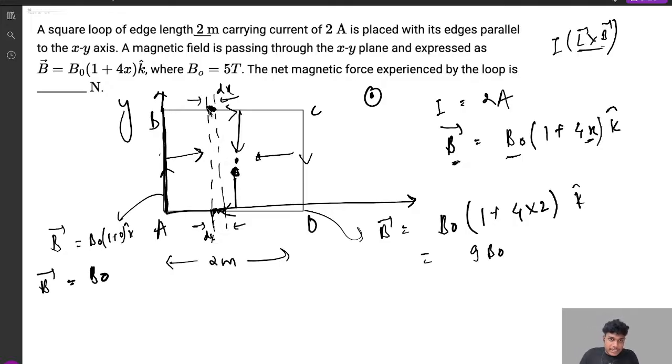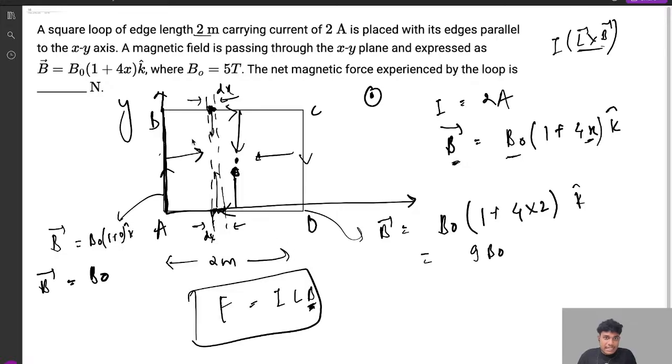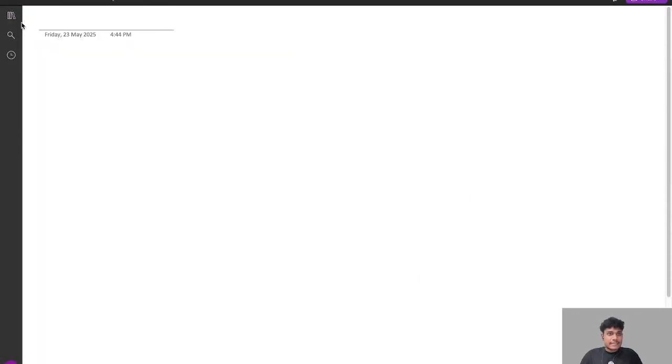अगर अपन दोनों एलिमेंट को देखें, इस पे जो फोर्स लग रहा होगा अंदर की डायरेक्शन में, सेम फोर्स इधर की डायरेक्शन में लग रहा होगा, क्योंकि I इंटू एल क्रॉस बी, बी चेंज हो रहा है पोजीशन के साथ. किसी पर्टिकुलर एक्स पे देखें दोनों पोजीशंस के लिए, तो बी सेम रहेगा. एल भी सेम रहेगा क्योंकि उन्होंने बहुत छोटा एलिमेंट लिया है डेल्टा एक्स, एंड आई तो सेम है ही। तो दोनों पे सेम फोर्स लगेगा, तो दोनों फोर्स एक दूसरे को कैंसिल आउट कर देगा।